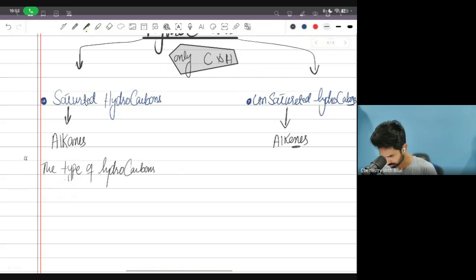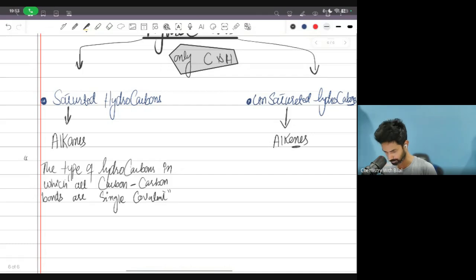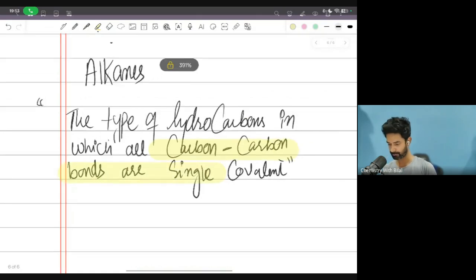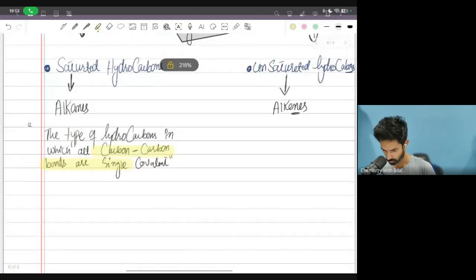I told you above as well, what are alkanes? They are those types of hydrocarbon in which all carbon-carbon bonds are single covalent. They are called alkanes. Whereas an alkene,